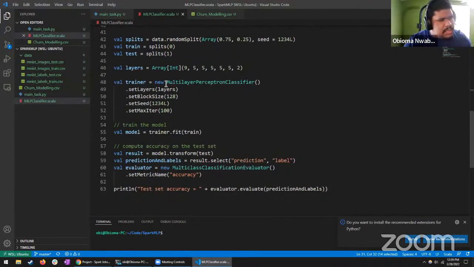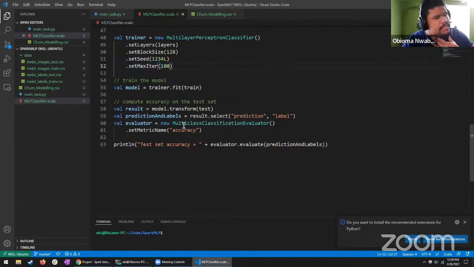You feed these layers into your multi-layer perceptron class, which also comes from MLlib. You give it a seed, a block size, and set the number of iterations. So this one is going to do 100 backpropagation steps, just like the other one. And then it's going to use the multi-class classification evaluator, also from MLlib, to get the accuracy metric out and then print it once it's done. We probably won't get to see the end of this model training because it will also take a while. But if we get it started,